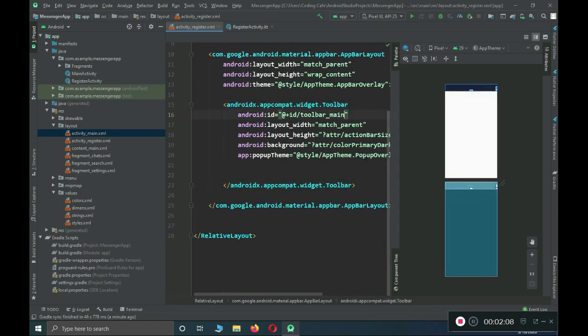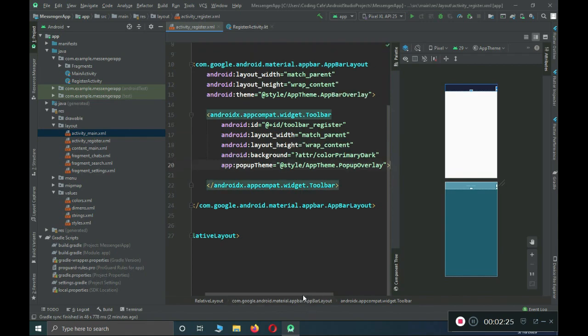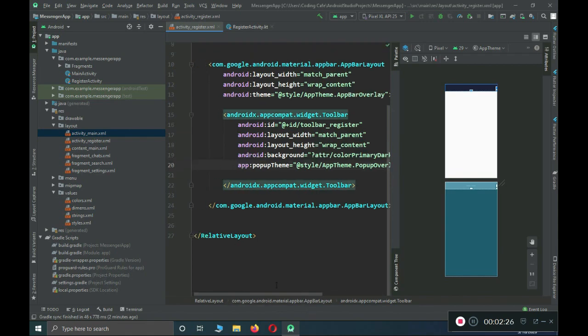Now the important thing is to change the ID for this toolbar. So it is on our register page, so I'm going to give it ID as toolbar underscore register, width will be match parent, and the height will be wrap content. So yeah, that's it. Now we need to add,